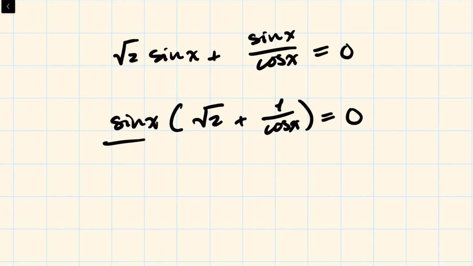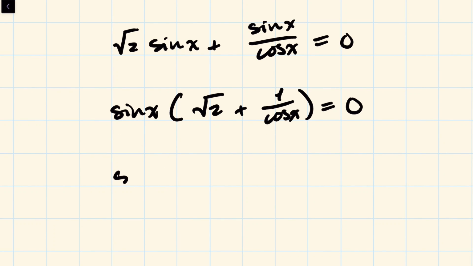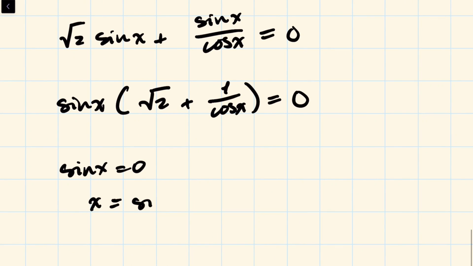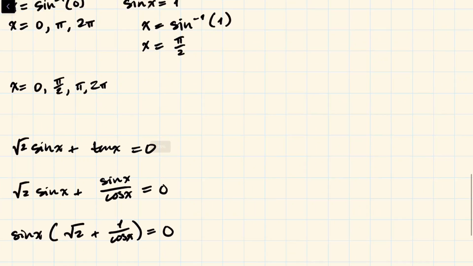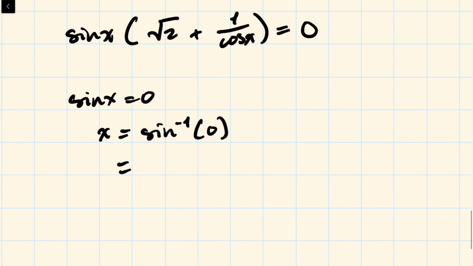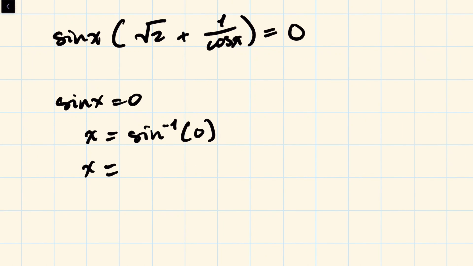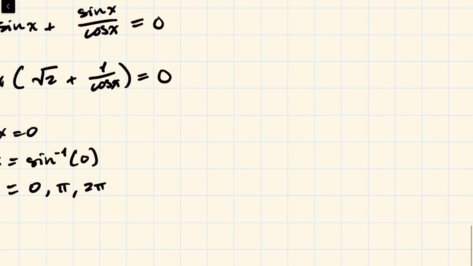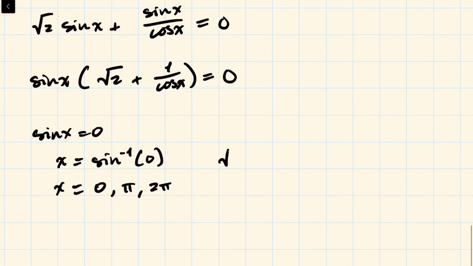Right? So now we have two solutions again. That can be 0 or that can be 0, right? So sine x equals 0, and we already said the inverse sine of 0 within the interval, I keep forgetting to write this down, sorry, x belongs to 0 and 2 pi. Within that interval, the inverse sine of 0 will yield 0, pi, or 2 pi for x. Okay, and or